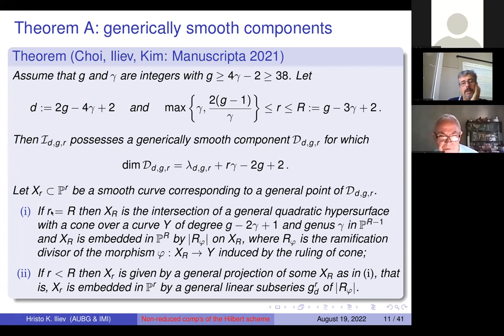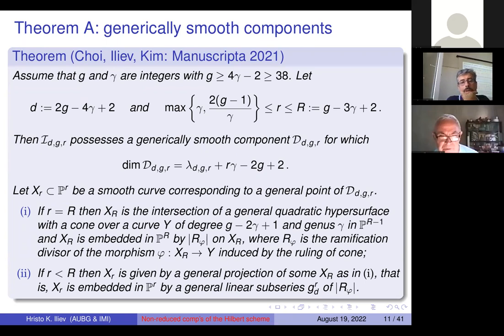In the extreme case, when r is equal to this number here on the right, g minus 3 gamma plus 2, then the curves are in fact cut off on a cone by a general quadratic hypersurface,